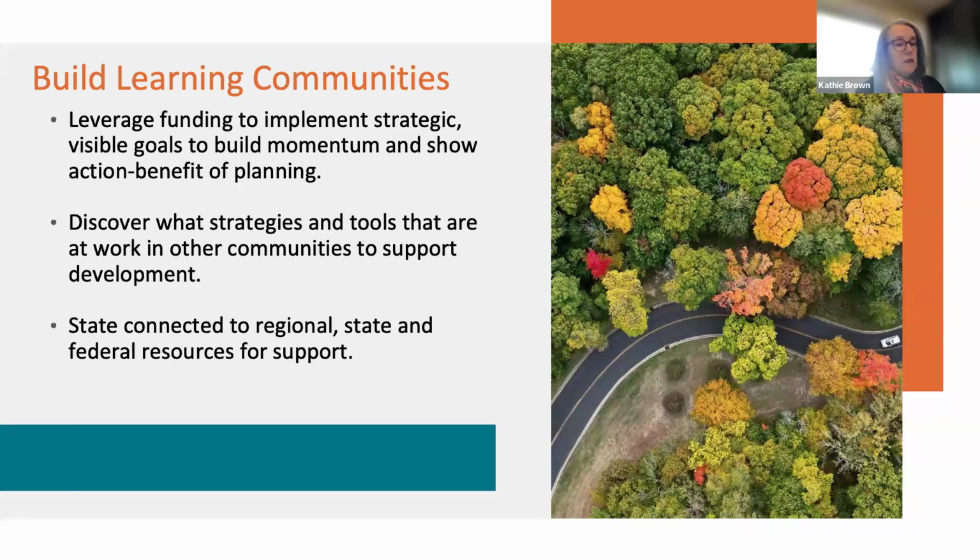The other piece I feel is really important in generating ideas is that, as part of my job responsibilities within the region, but really always, I need to look broader. We need to be constantly learning and discovering what strategies and tools are working in other communities that support development.